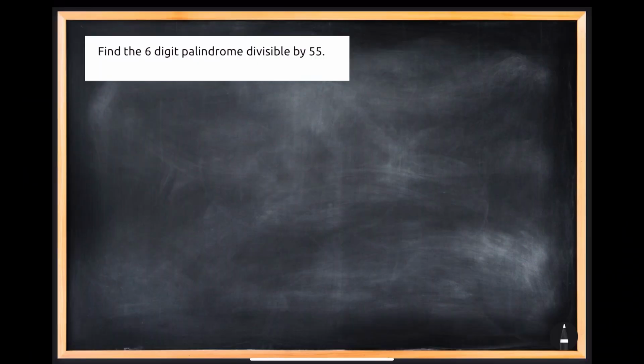Okay, so we got this situation. Find the 6-digit palindrome. Okay, now try to understand what this palindrome means. Palindrome means if you read a word from this side, and if you read a word from that side,